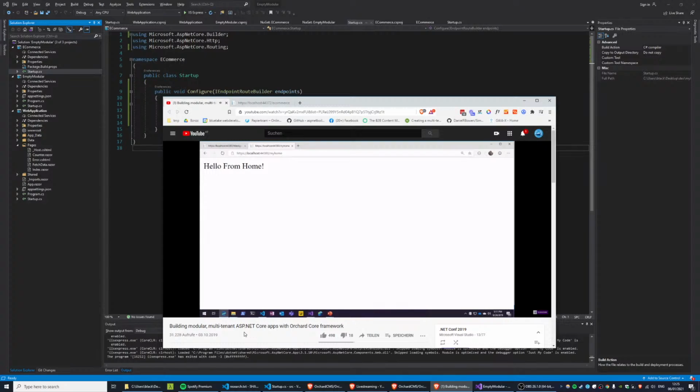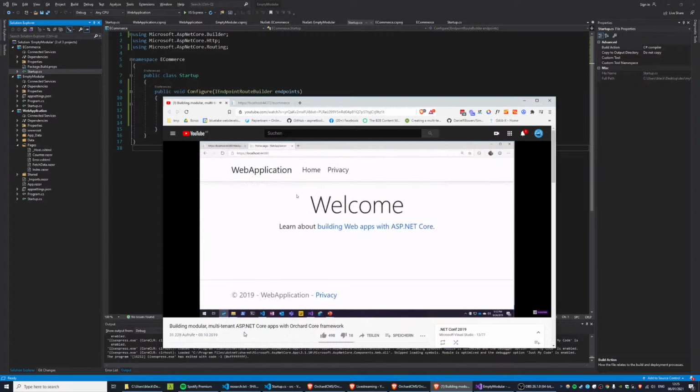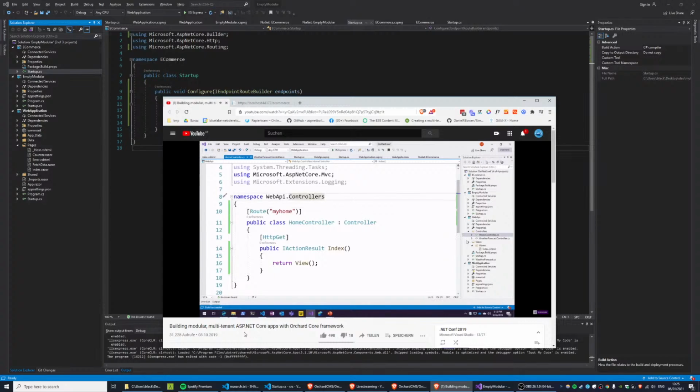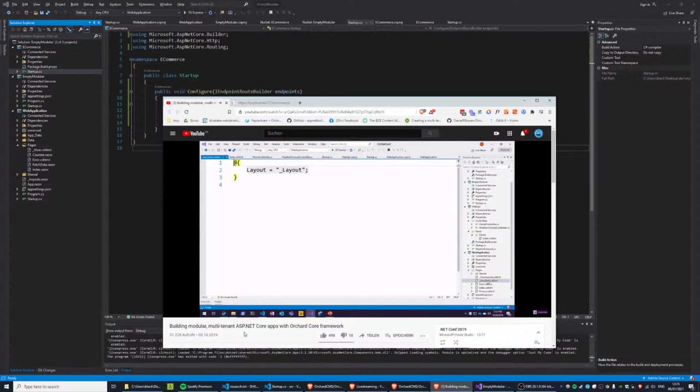Now, the next thing you will notice is that this view doesn't use the layout of the host application. This is just because we need to say it in every view. So in the host application, the views which are razor pages here are using a view start that will set the layout to the shared layout in this host application. So if I take this code and put it in my view or in a view start under the views folder of the module, I will get the same result. So by doing that and running the application,